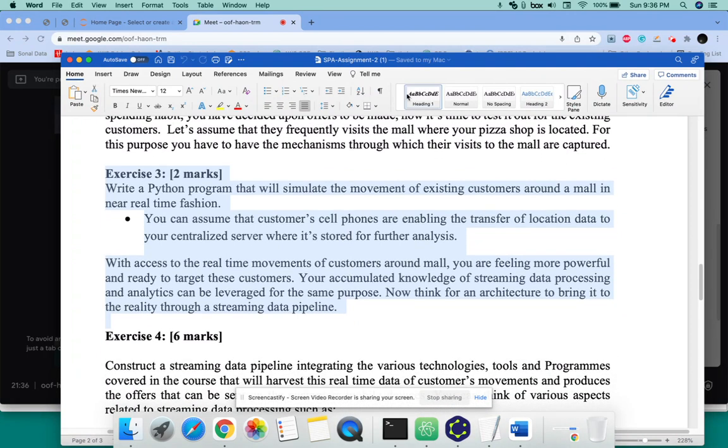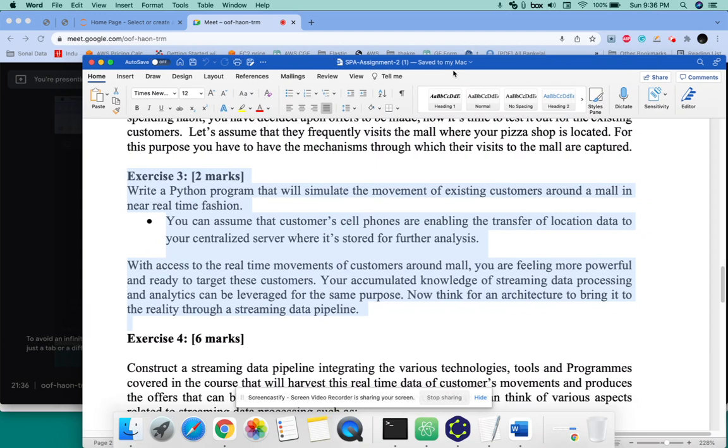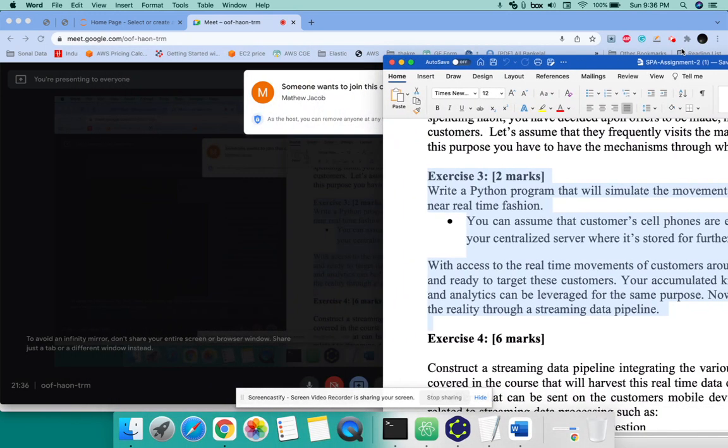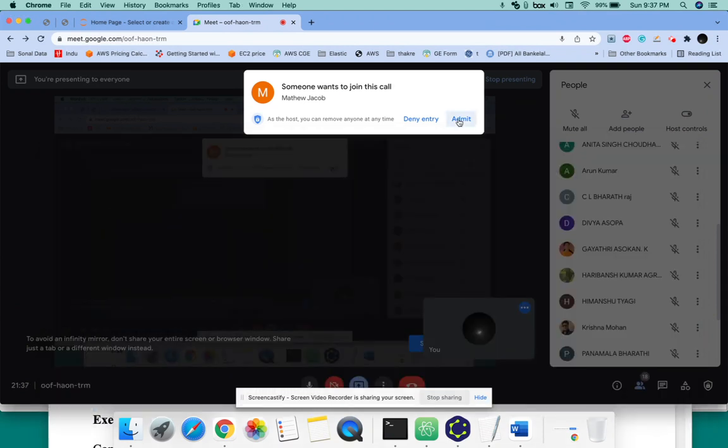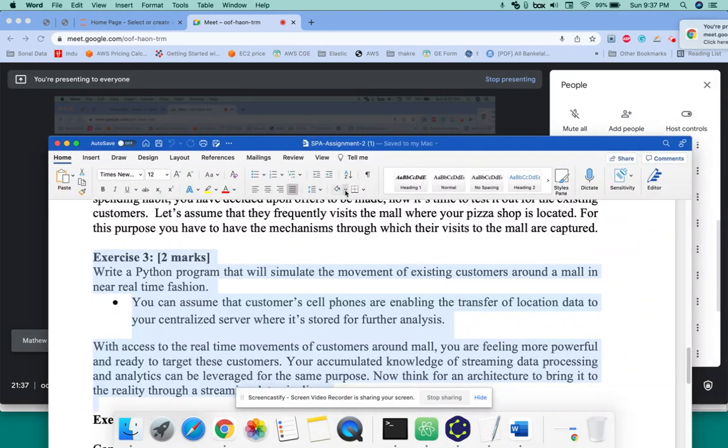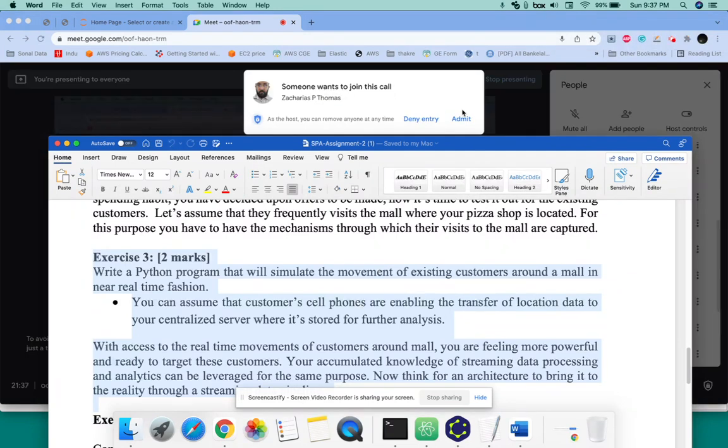So the third part is all about the simulation. The customer is moving around, meaning he may be near or he may be away, but we need to simulate in such a way that if he is coming closer to the mall, then we need to send the